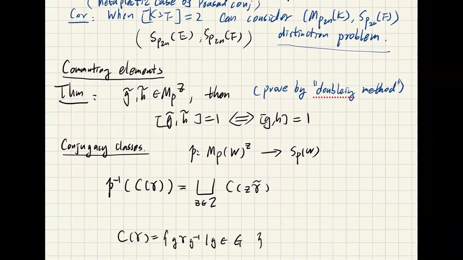Okay, the next point is quite important and interesting. When two elements in the metaplectic group commute with each other, the answer is that as far as they commute when projected down to the symplectic group, they commute in the metaplectic group. As a consequence,